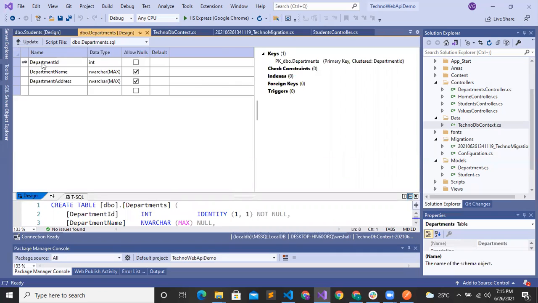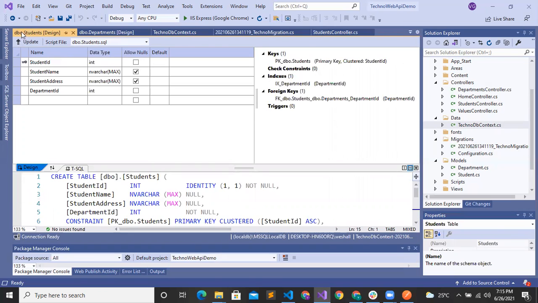You can see here department ID is automatically set to primary key, and it does not allow null. And in the student table, student ID is set to primary key. It does not allow nulls, and it is an auto incremented attribute. And here you can see department ID generated as a foreign key.